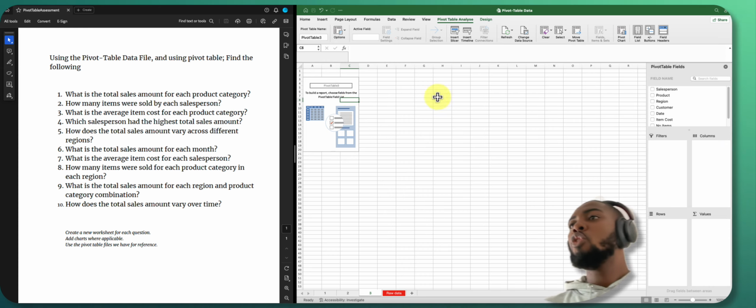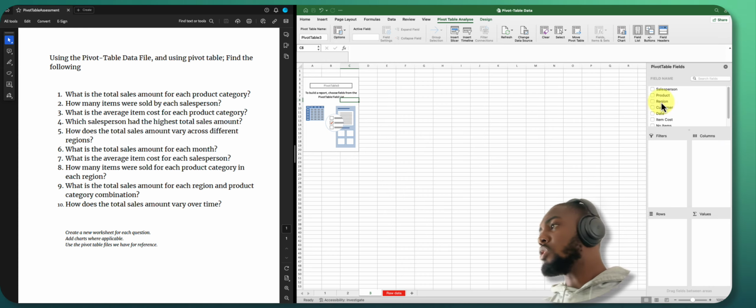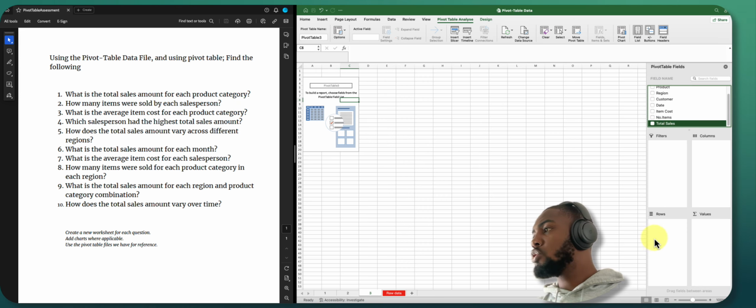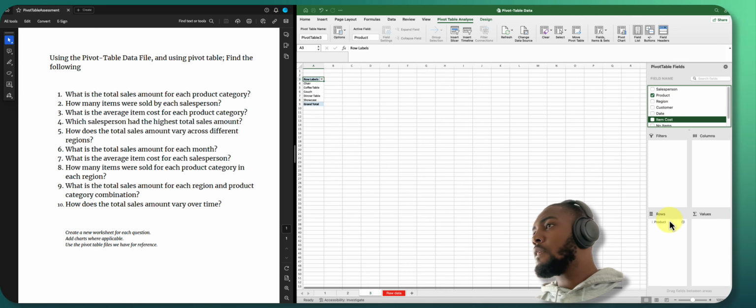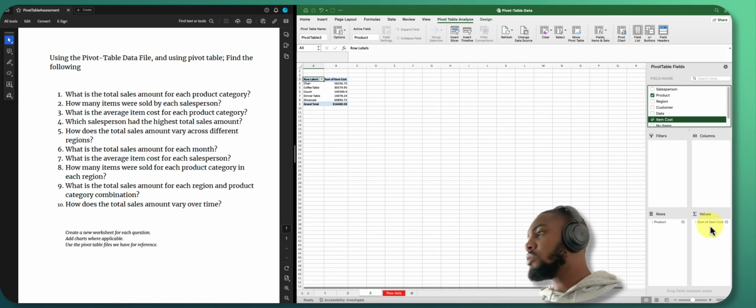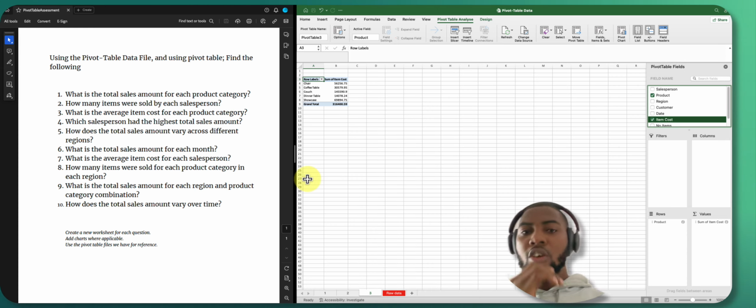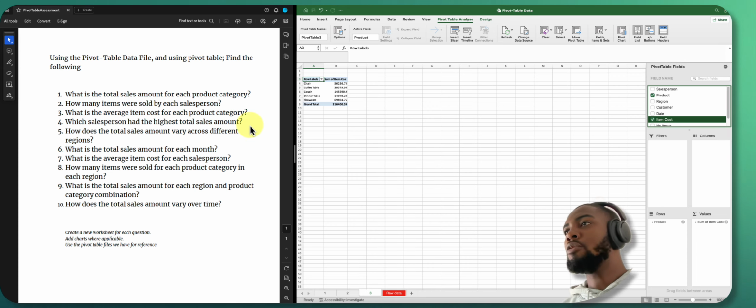So we are using item costs for this and also products. So let me drag products all the way here, then item cost as well, then item cost to value. But the question says average. So for us to figure out the average,